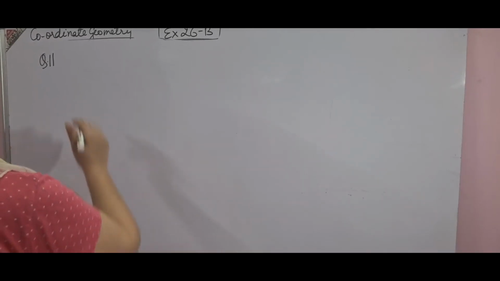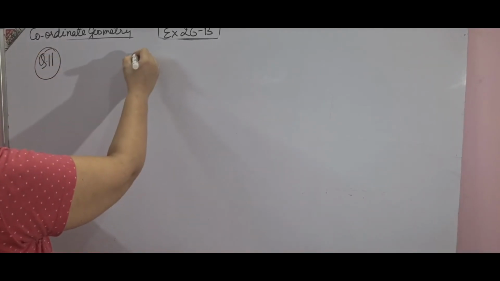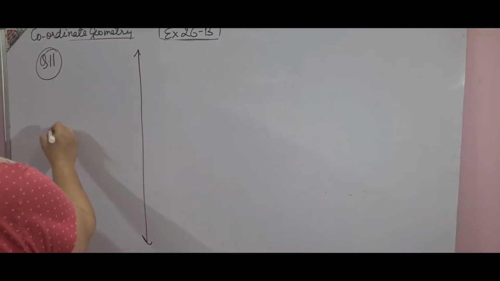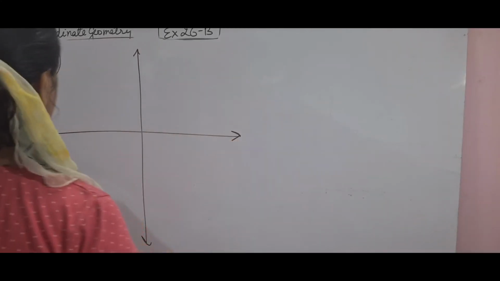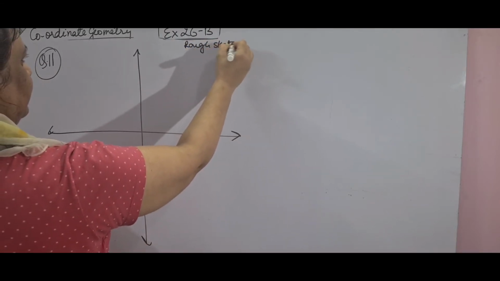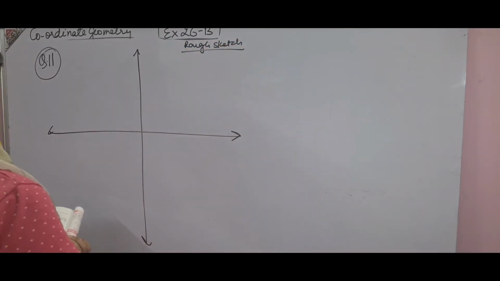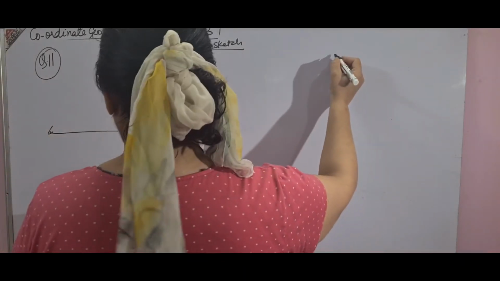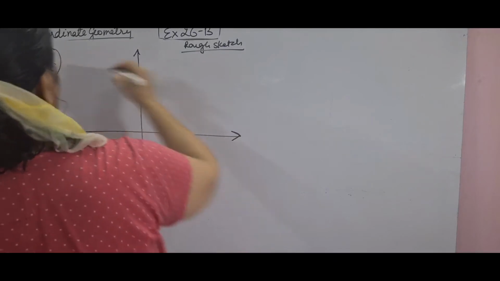So I'll do the 11th one. The question is very easy, very easy. Just a way of doing it. Again, a rough sketch just to make you understand. So the question has been given to me. For example, I'll do one of them. Okay, I'll do the 12th one. It is in fractions, so it will be easy for you.